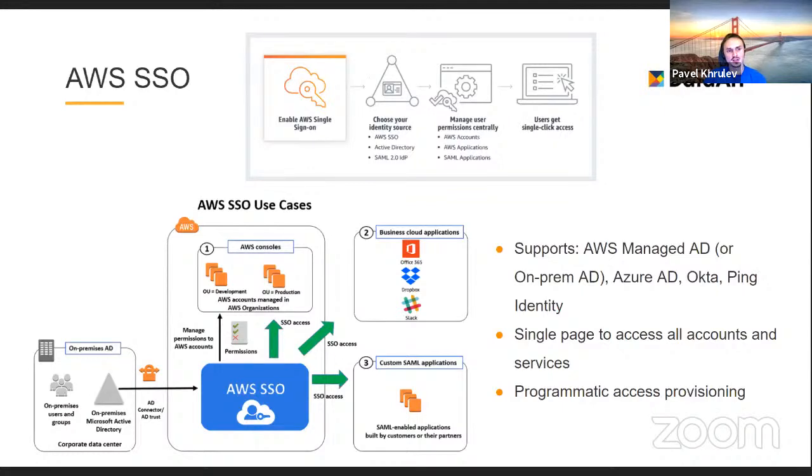And AWS SSO is a part of the landing zone. Landing zone by default deploys this service, and if you deployed landing zone as a template or through Control Tower, you have this installed and ready to work. The only thing you have left to do is choose your identity source and integrate it.